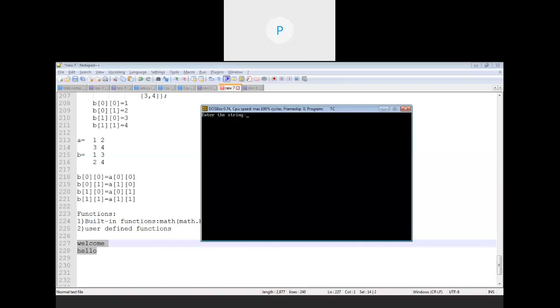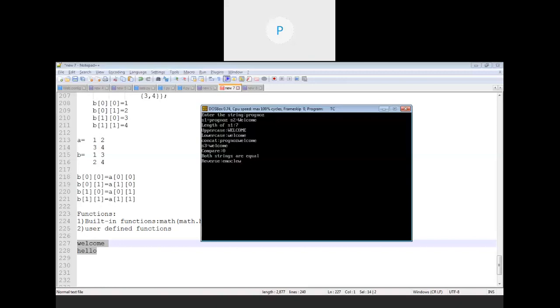And similarly, the reverse of the string is also displayed. So you can see S1 and S2. The length of S1, the length of prognos, is 7. Then welcome is displayed in uppercase as well as in lowercase. Then after concatenation, we get the string prognos welcome. After that, within S3, I have saved the data of S2, which is welcome in lowercase.